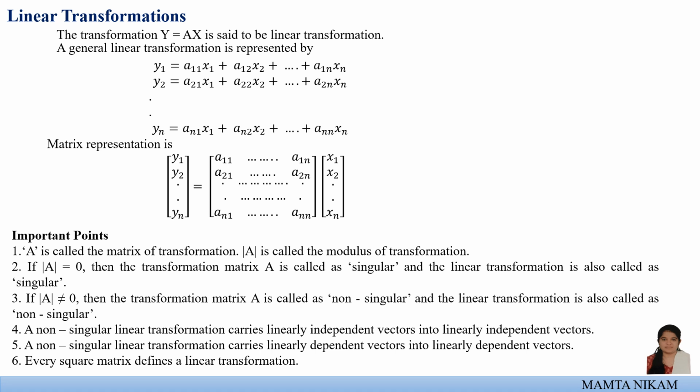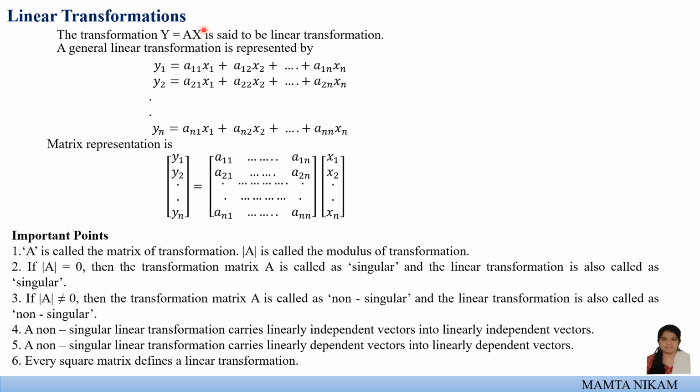Okay, so what is linear transformation, or when do we say a transformation is linear? So, given a transformation y is equal to Ax, such transformation is said to be a linear transformation. Now here, what is y equal to Ax? Y is a matrix y1, y2, yn. A is an n cross n matrix and x is another unknown matrix. तो यहाँ पे y and x unknown matrix हैं।